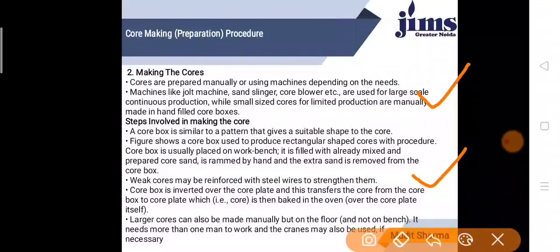A core box is similar to a pattern, and gives a suitable shape to the core. We already discussed this in the previous figure. Big cores may be reinforced with steel wire or strengthened. In such a case, if the core is very big, we use some reinforcement material. This provides extra strength to the core.